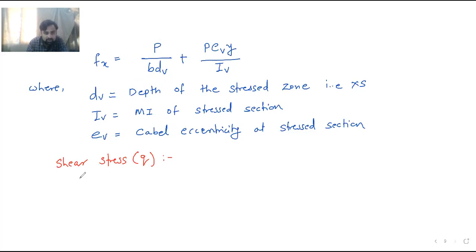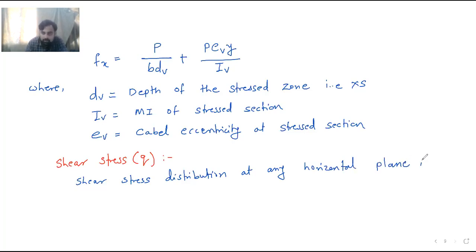The shear stress distribution at any horizontal plane is given by Q is equal to KQ into S upon BD. Okay, KQ into S upon BD,